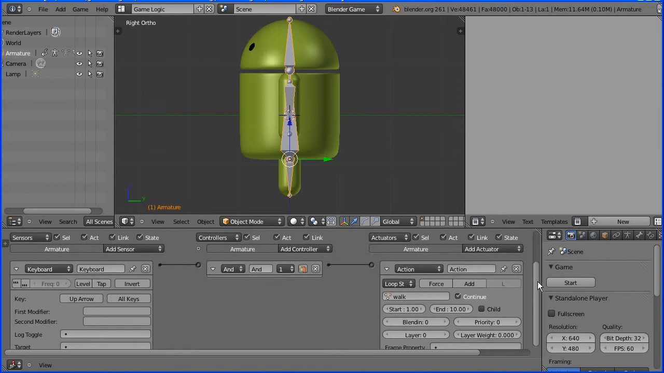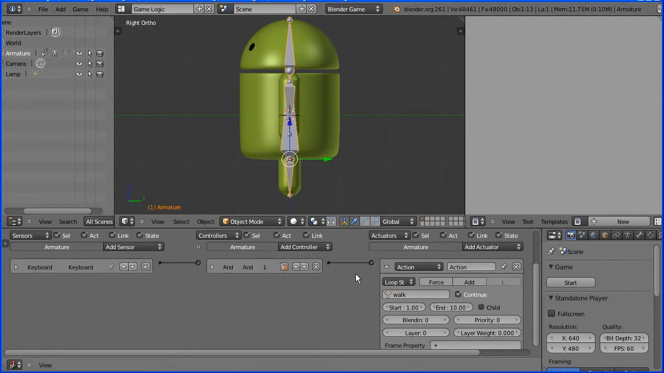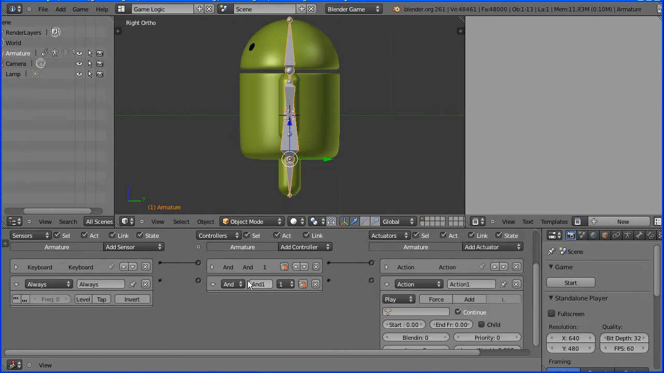I'm now going to add logic gates so that the Android is always in the stand pose. I'm going to close up these logic gates. I'm going to add an always sensor. I'm going to add an AND controller and an action actuator. The always sensor will send a signal every clock pulse, which will go straight through the AND gate, and we will play the stand action, or we will loop stop it, and that will start at frame 1 and end